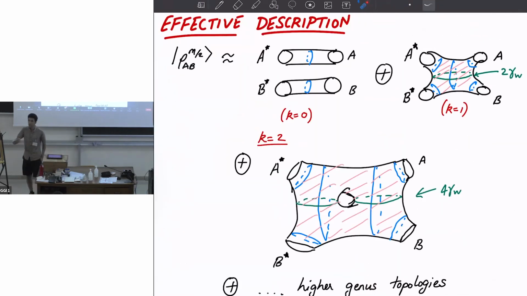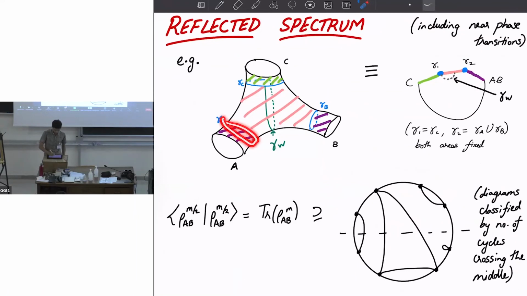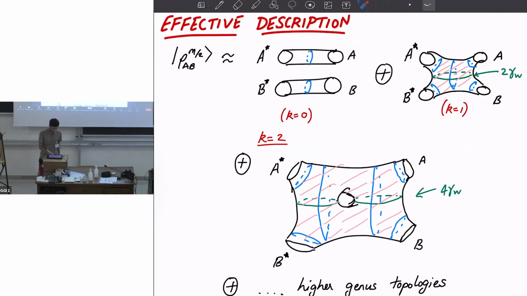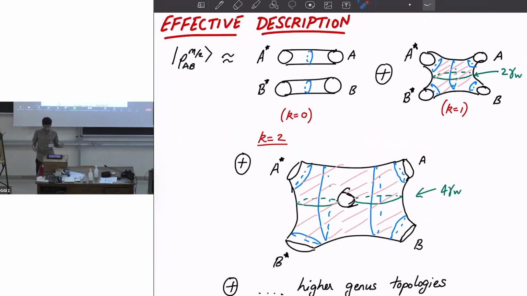So there's different kinds of diagrams that you get from this purification. There's a diagram where you just get the disconnected purification. So if you were in the disconnected phase for AB, which is where the extremal surface was just the union of these two surfaces, you would just take these 2 copies, glue A to A star and B to B star. There was no connection between them. And so you just get these two boundary wormholes. But then there's a connected phase where the minimal surface is this connected one, which is gamma C. And then when you glue them together, you get something which is a 4-boundary wormhole, which has a non-trivial entropy when you compute the entropy for AA star, and that's basically twice the cross section.